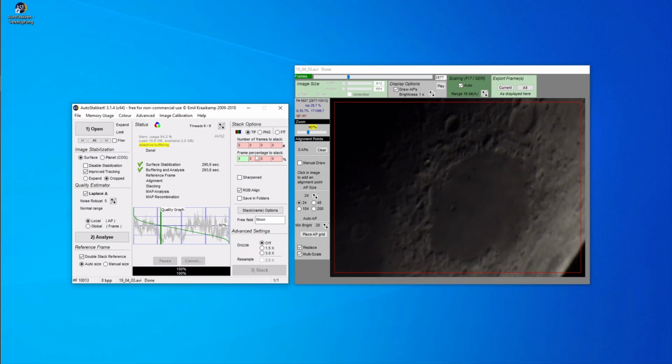And now we have to decide how many frames we want to stack. As I've already said, I have 10,000 frames in this whole footage, and you always want to stack at least 1,000 or 2,000. So if I go with 20% of the stack, you can select that here, or you can just type in a number, for example 2,000, but I'm just going to go with 20%. So I will have 2,000 pictures then, and you can also add multiple there. I can also go with 10%, so we will have 1,000 and 2,000 frames stacked, so we can compare